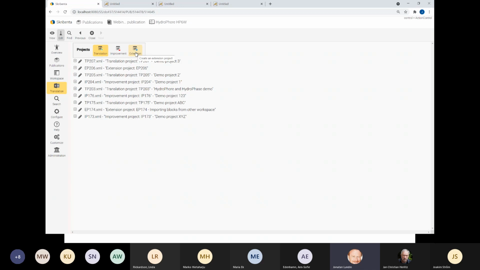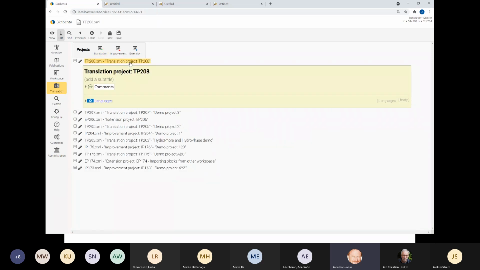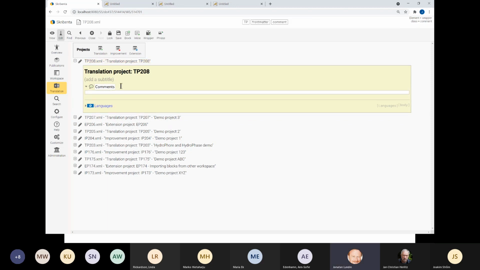So aligning is very important so that the source and the target actually are aligned. But for this purpose, I will create a translation project and get a new one. So in this case, TP translation project 208. And this is then a flex file. So you edit this in the same way as you edit the master file when you work with the source languages. So you can add comments,